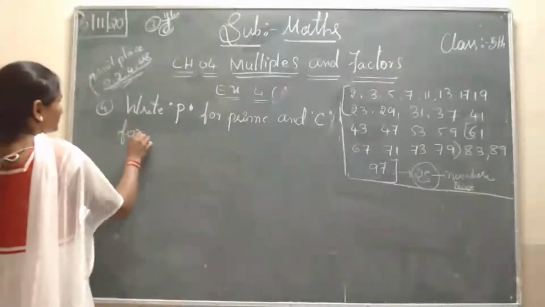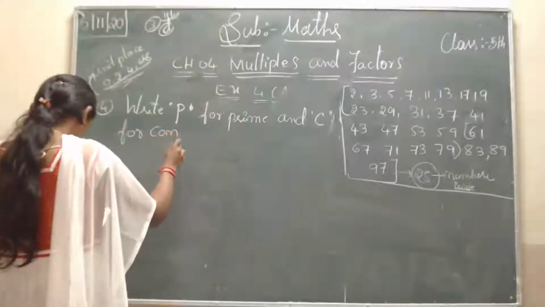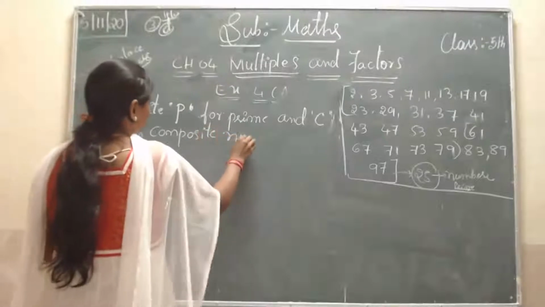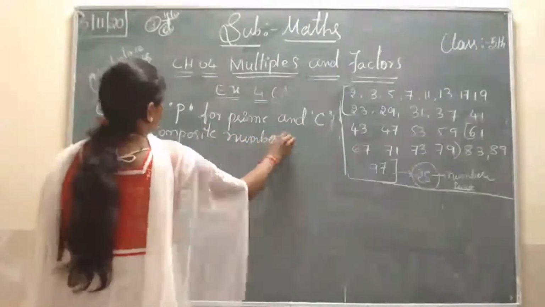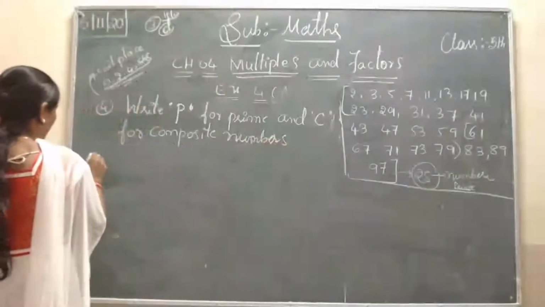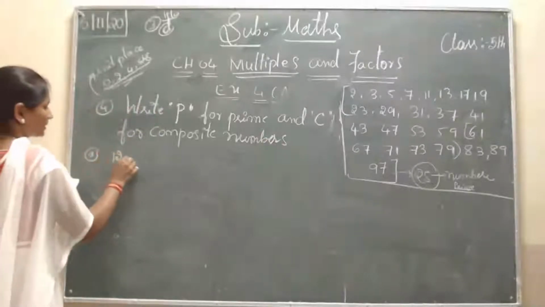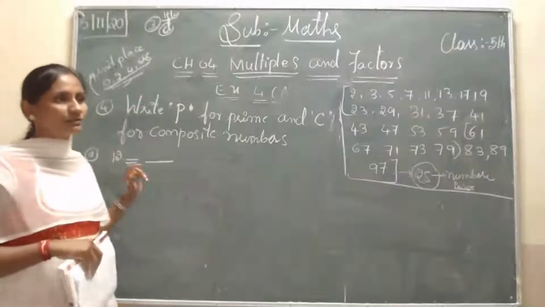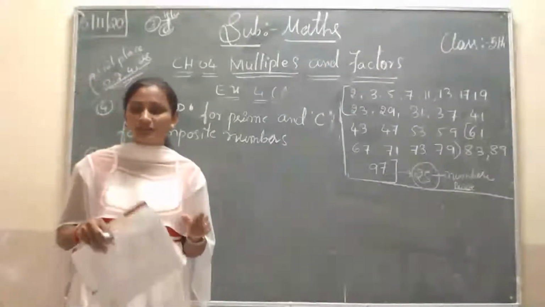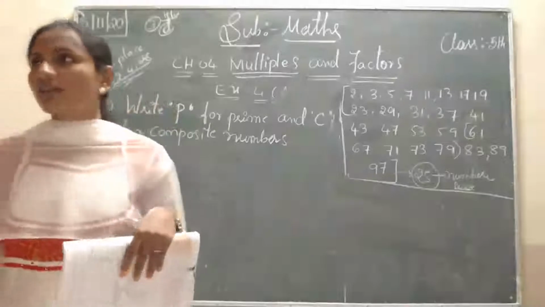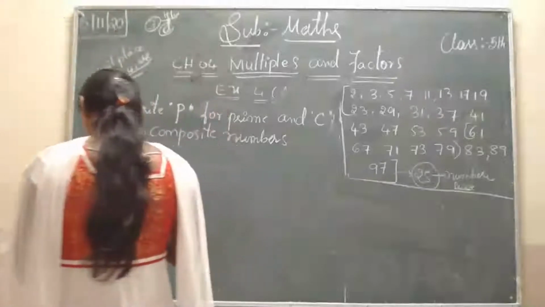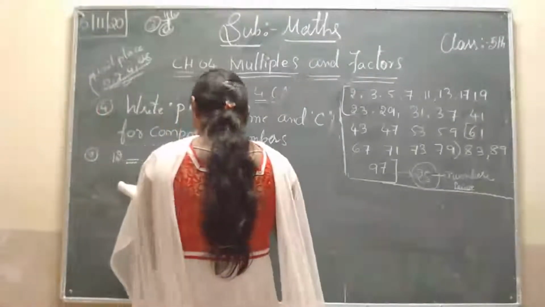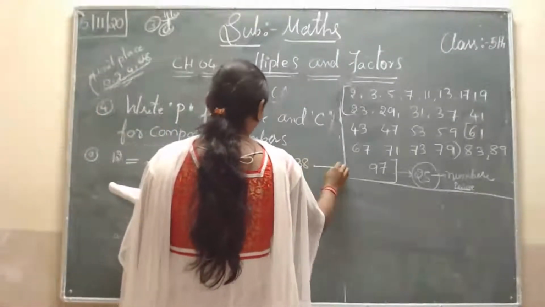So A is 12. Students, what is 12? Just think whether 12 is a prime or composite number, and write the correct answer. B is 31, C 38,